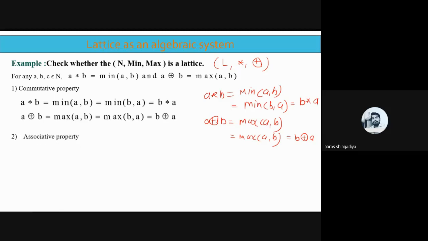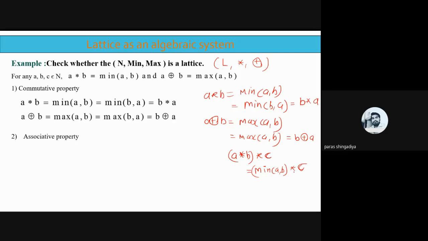So in the associative property, the form is (A star B) star C, ठीक है, that is equal to A star (B star C). वो आपको प्रूव करना है. तो first solve the bracket, पहले आपको ब्रैकेट सॉल्व करना है, and that can be written as the minimum of A comma B, star C. Clear? First simplify the bracket, and the bracket is here A star B. A star B means minimum of A comma B, star C.